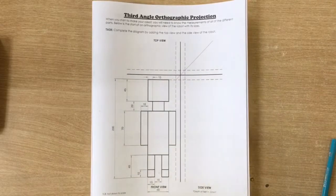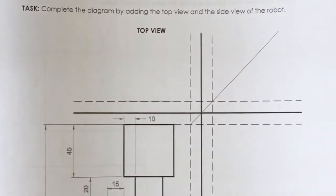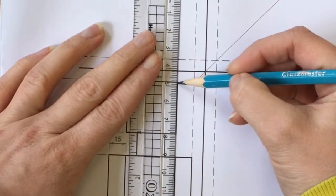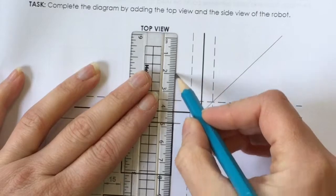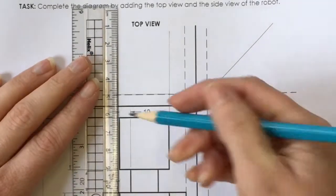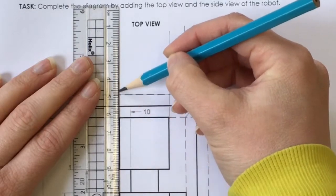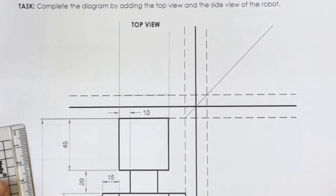To draw the top view, we are going to use parts of the diagram that's already been drawn. So what we are going to do is place our ruler on the right hand side of the head and the body, and draw a guideline going up into the top view very faintly, like so. If you do that now, we're then going to repeat on the left hand side. So again, very carefully match your ruler up to the left hand side of the head and the body, and draw a faint guideline going up into the top view. If you do that now,